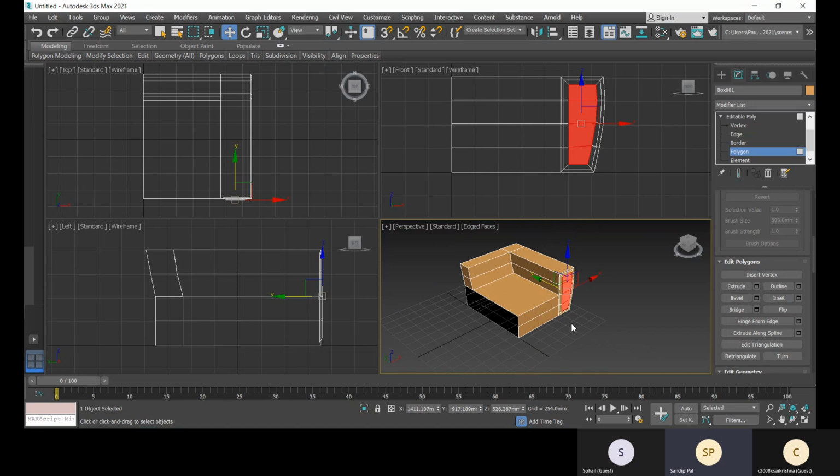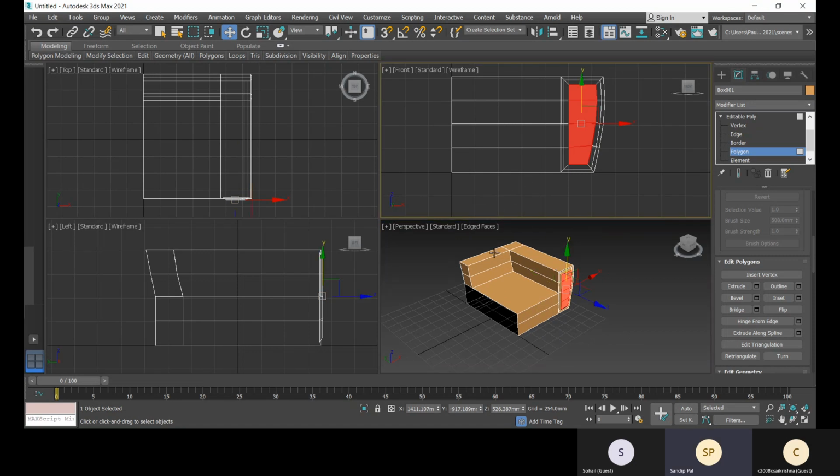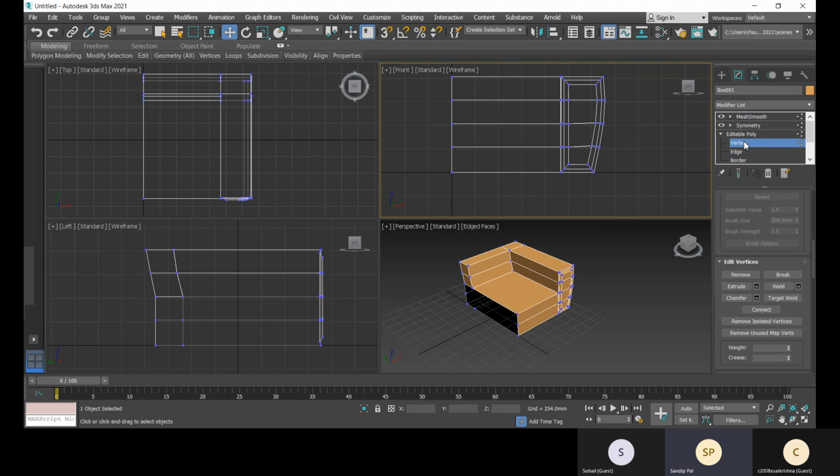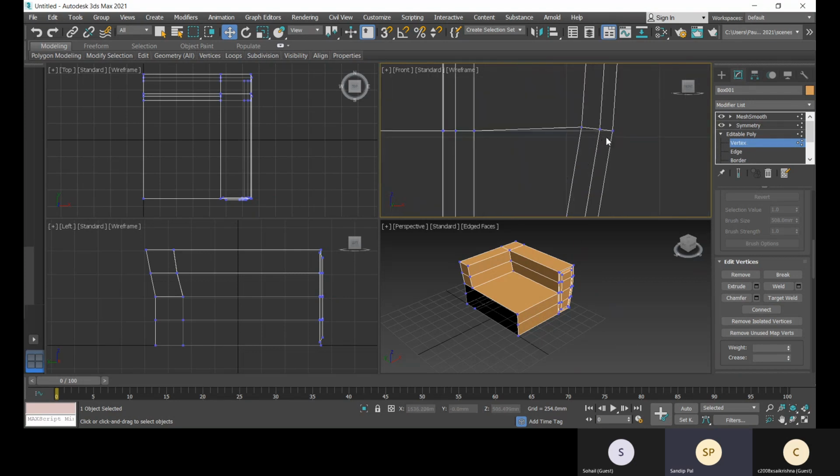All right. So let's create some more design over here. At the front. So I'll press 1 to switch into vertex mode, and you can fix this. You can select this, can fix it.